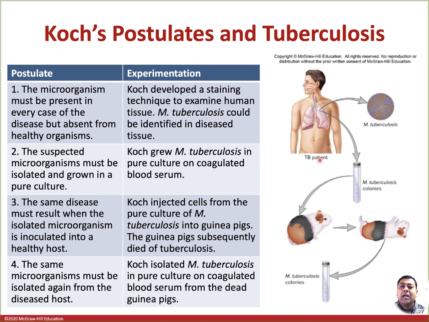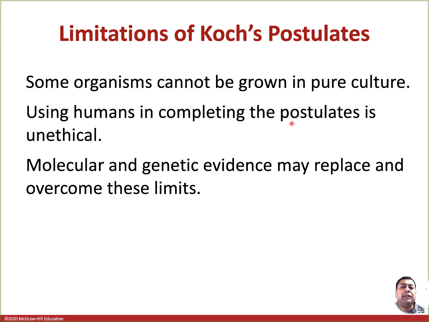So think about that. Suppose you have here, Robert Koch could actually infer this because Mycobacterium tuberculosis caused disease in the guinea pigs and they died. Suppose you isolate a microorganism from a human being which will not replicate in any of the animals. Like it will not replicate in monkey tissue. It will not replicate in guinea pigs or mice or any of the laboratory animals. It is very specific to human beings only. So then it is almost impossible, or you have to rely on direct evidence, because you cannot use human beings to complete the postulate.